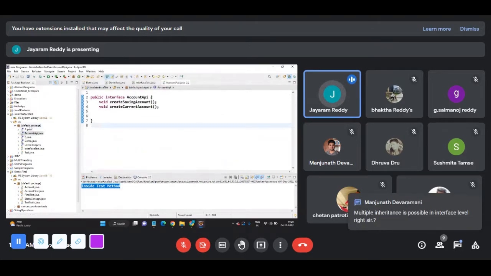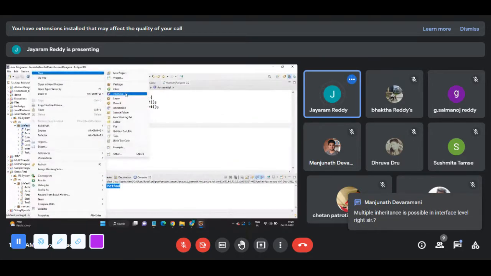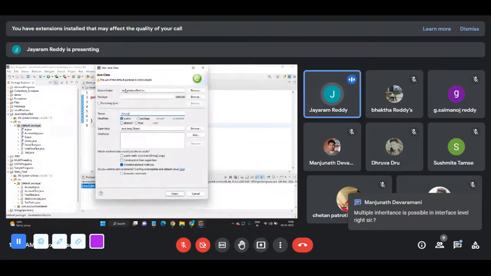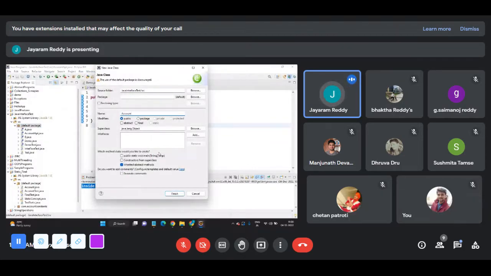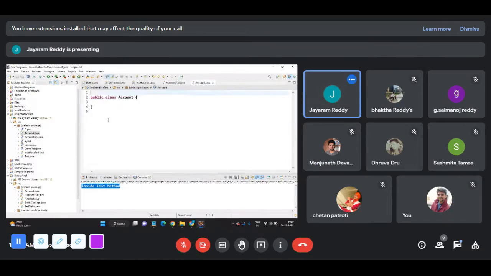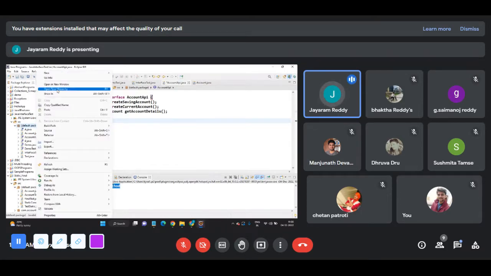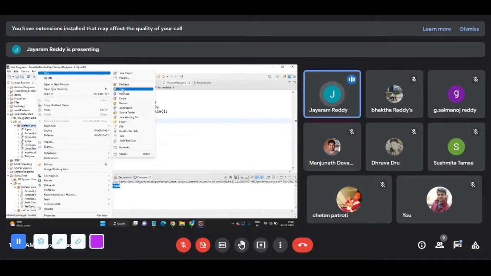Just try to rename and then try to create an account class. Okay, and then in this account class, I'm going to write down, let's say for example, public account set, account details. So all these are the methods. Okay, all these are the methods. Now, if I want to implement these methods,